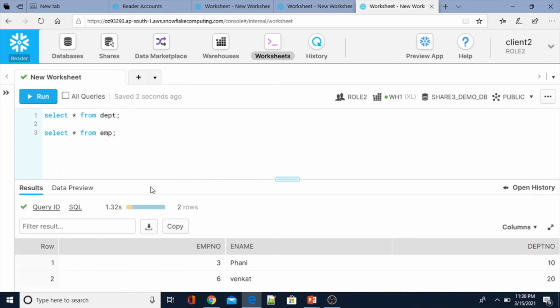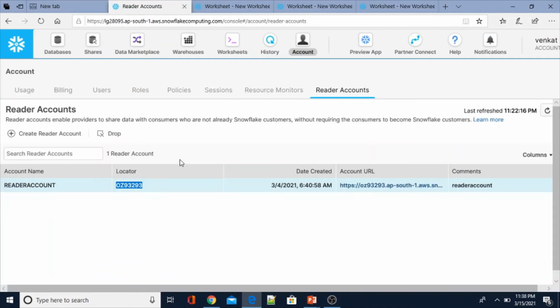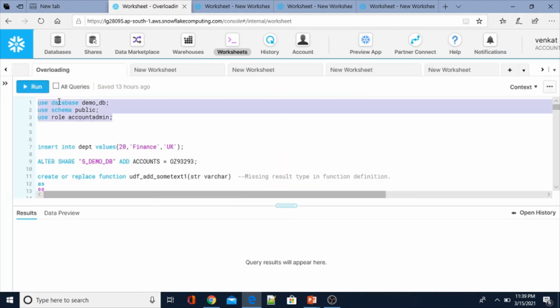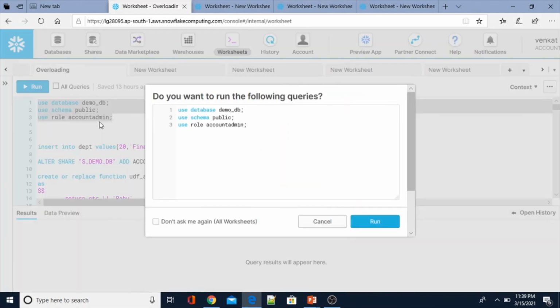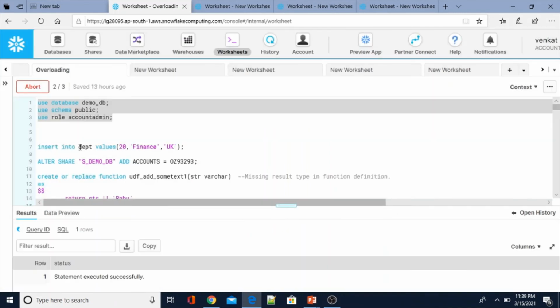Now what I am going to do is delete one record from the department table and employee table also. To do that, we have to do it from our source database, our main account, that is the provider account. So let me go to that one. Here in worksheets, this is my demo DB, and the owner role is account admin, public.